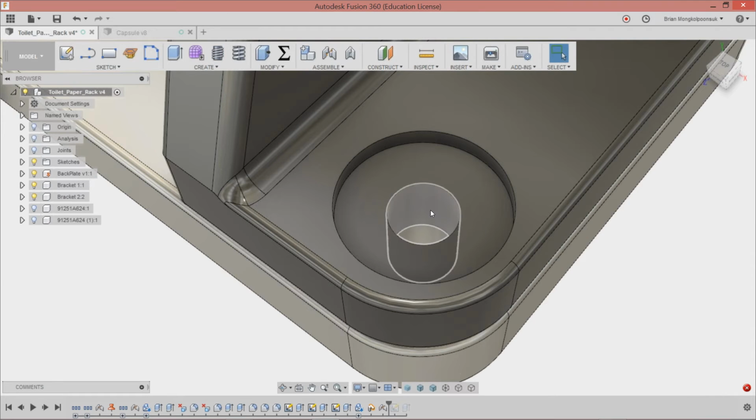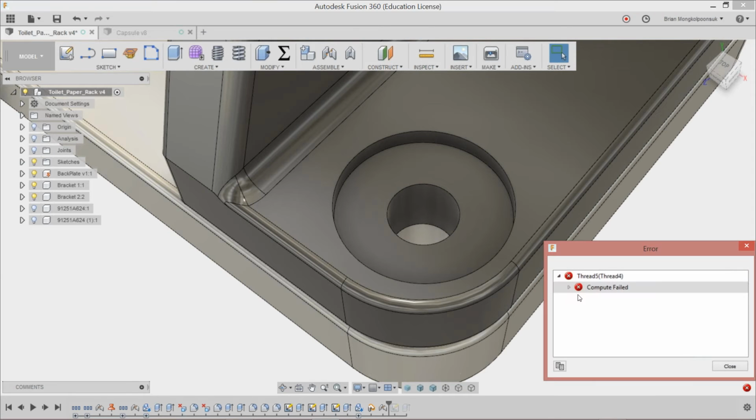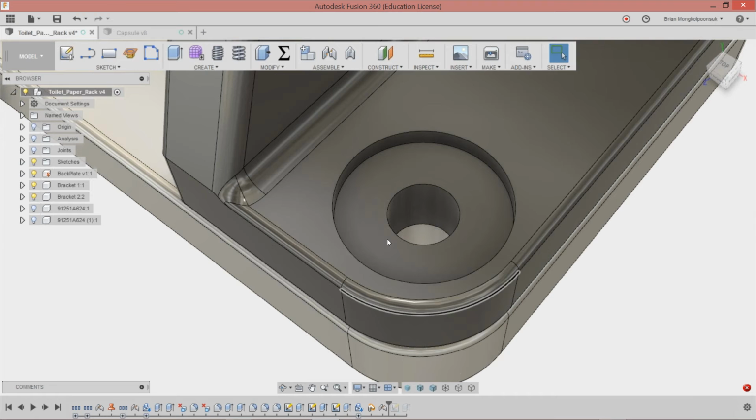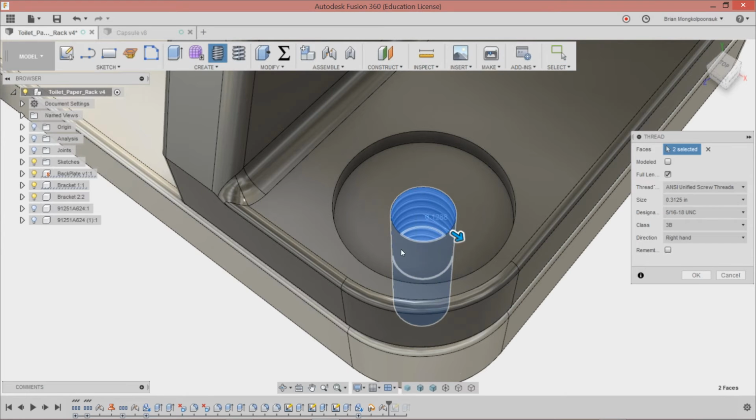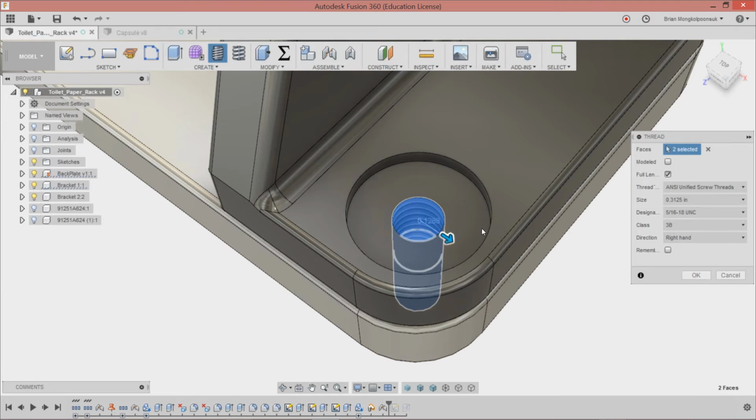So it didn't model the thread for us, and it gave us this X error at the bottom right-hand corner of the screen because it failed to cut the thread tool body. This was a little bug that I found in Fusion, that if you try to do that thread via just going straight to the model, when you try to go across two different components like this, it gives us that